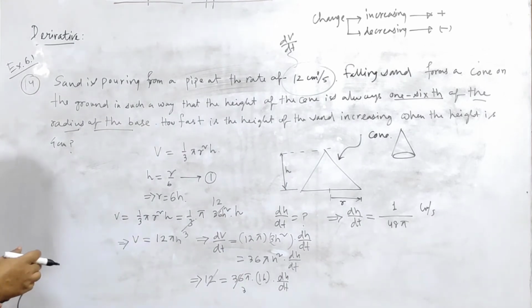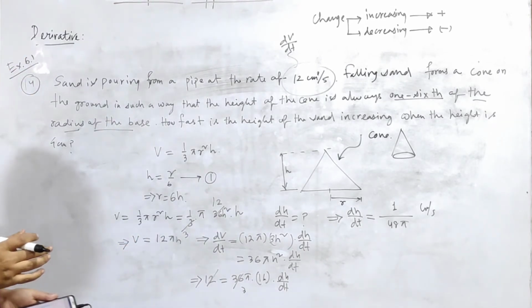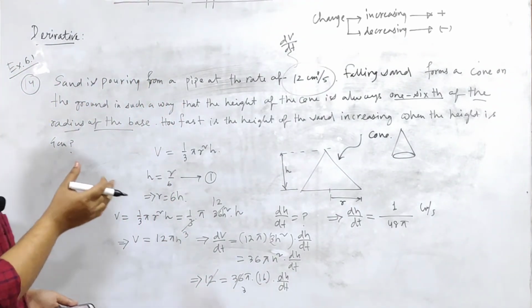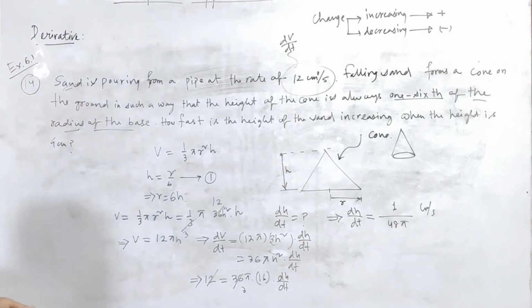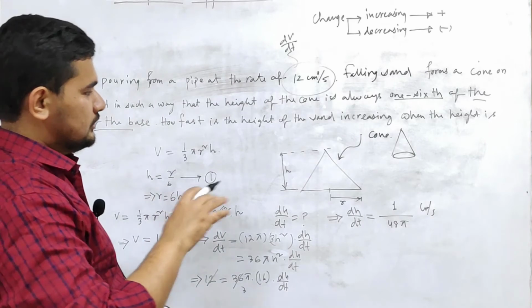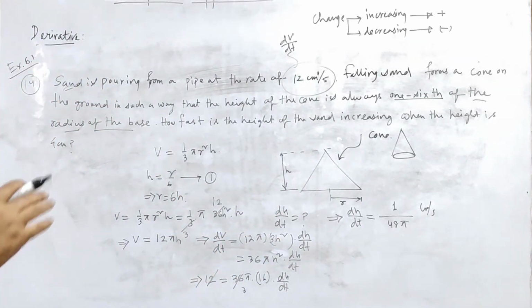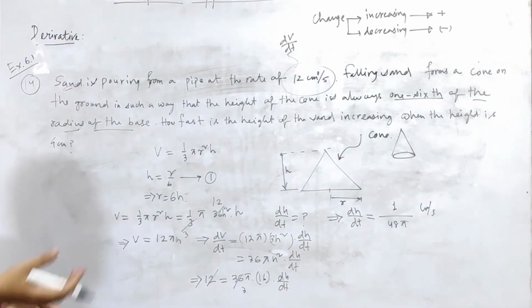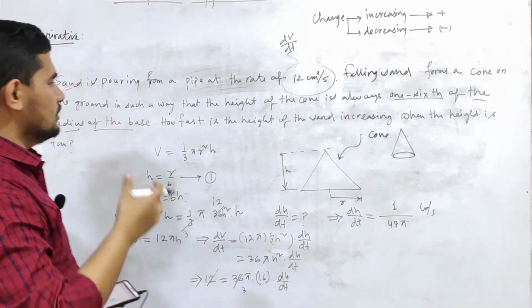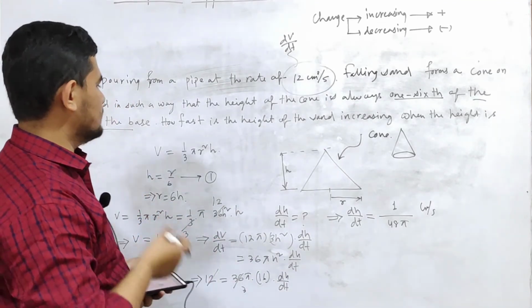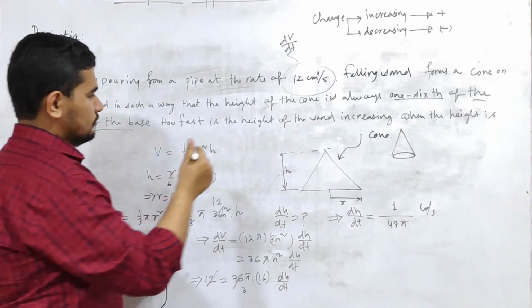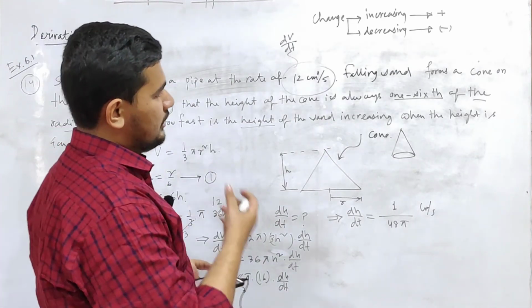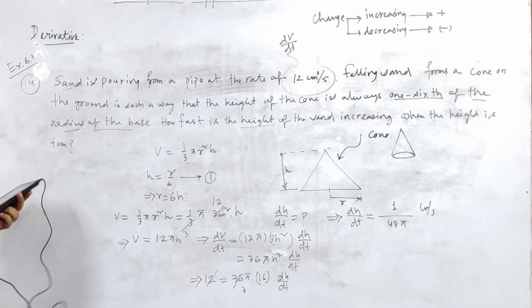So basically what we have seen in this lecture is that derivative has some very physical meaning, understanding and application also. By this kind of sand problem, the pouring of sand problem, and then we have already seen the change in area of a circle, in a pond. So these are the kinds of rate of change problems. You can also find another type of problem in which some physical situation is given, and you need to find some value of change. So this is the basic concept in this first part of application of derivative, that is rate of change.